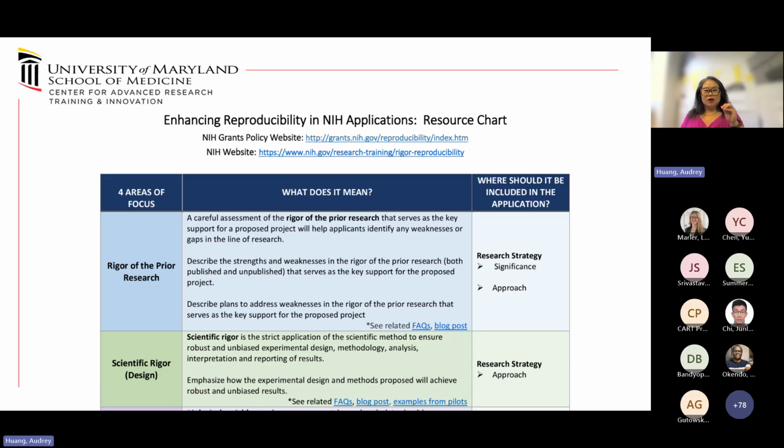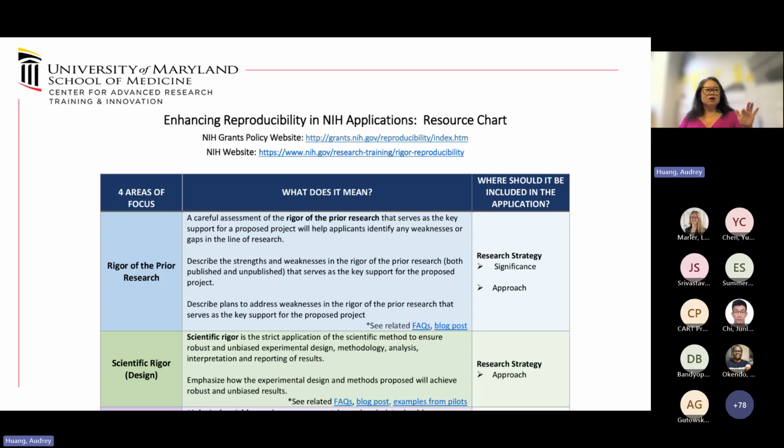And that is how strong are the conclusions that we can make from the data that you get, right? How well are the experiments designed that you are certain that what you get is the actual answer and you can conclude something about that. So this is only part of a brochure or handout on the NIH website. There's actually 4 areas of focus. As you see here, I've included the links to these pages. I just truncated it to keep it easy on the eyes.